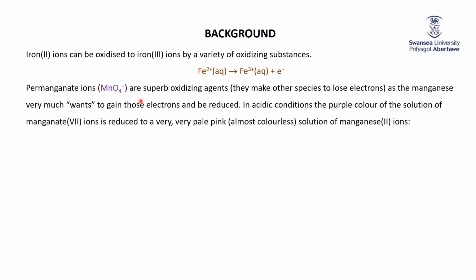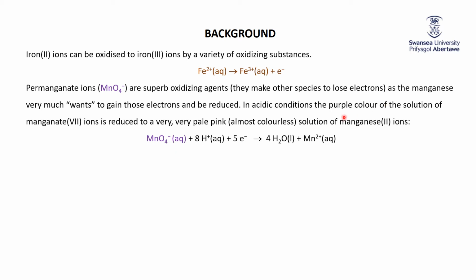Okay, so anytime you see MnO4- or KMnO4, the first word to go through your head should be oxidizing agent. That's actually 2 words. It's a super oxidizing agent. Now I believe you're supposed to know one of the equations associated with that reduction of permanganate, and that is in acidic conditions in which the manganate 7, the permanganate ions, get reduced to manganese 2+ ions,